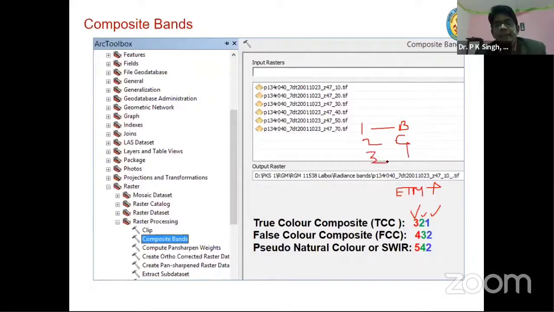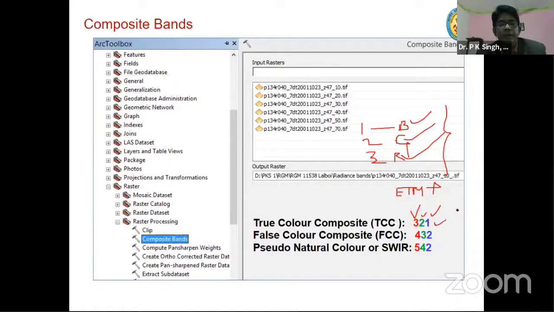Third band is red band. Okay? If you are giving red color to red band, green color to green band, and blue color to blue band, then it will be true color. The waves as they are coming, the same color we are giving, so definitely it will be true color.